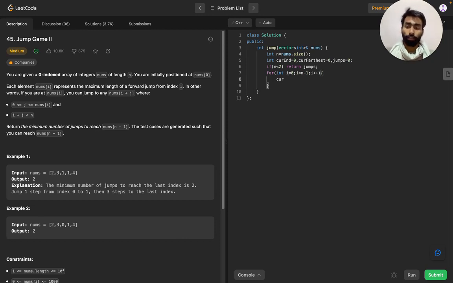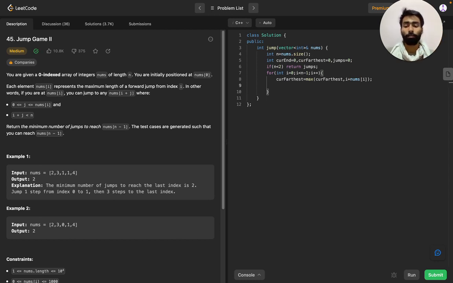So current farthest equal to maximum of current farthest, i plus nums i. This will result in the maximum length of the jump we can take.